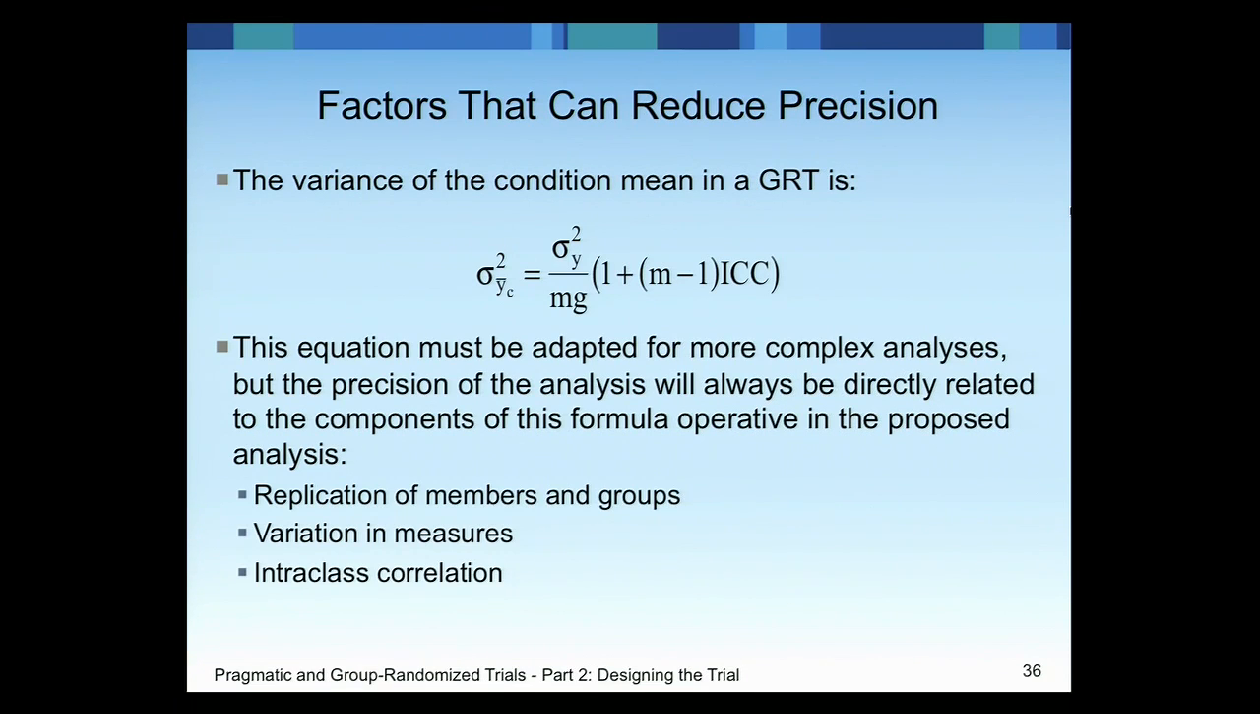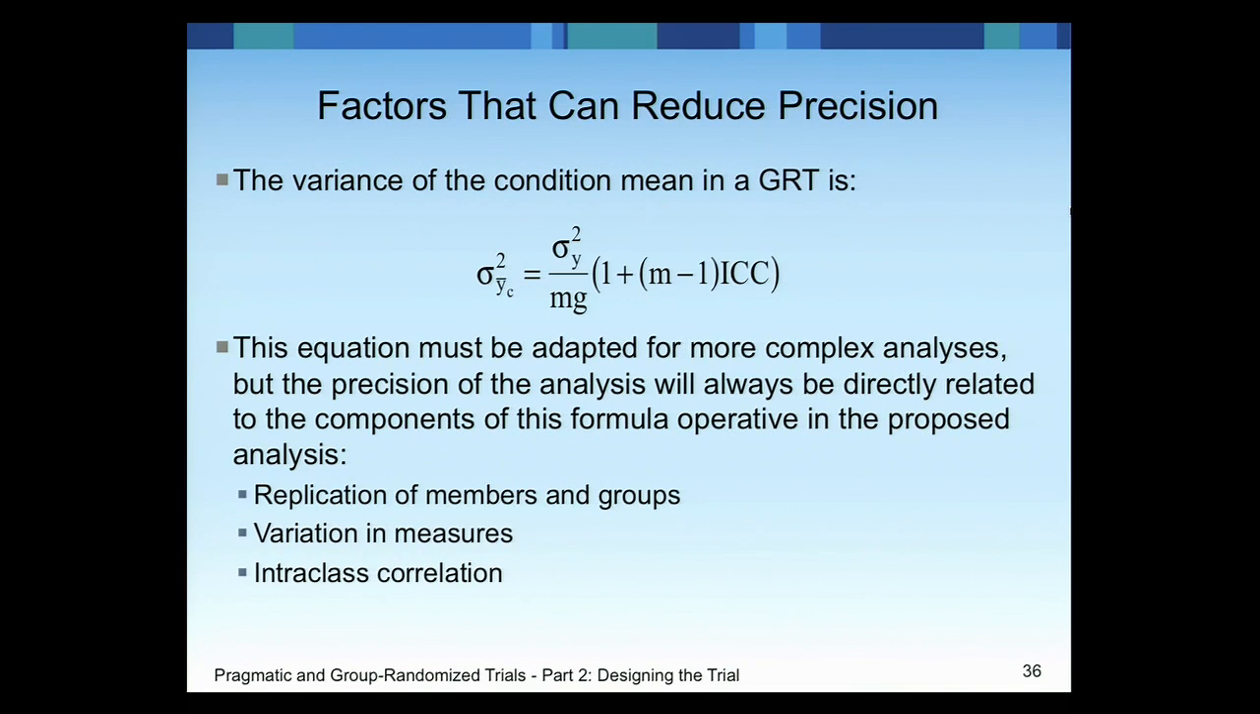This equation can be used very directly in sample size calculations for simple group randomized trials. It needs to be adapted for more complicated analysis techniques and more complicated designs, but it still can convey the most important factors in determining power in a group randomized trial. And if the goal is to minimize the variance of the condition mean, then you're looking at the right side